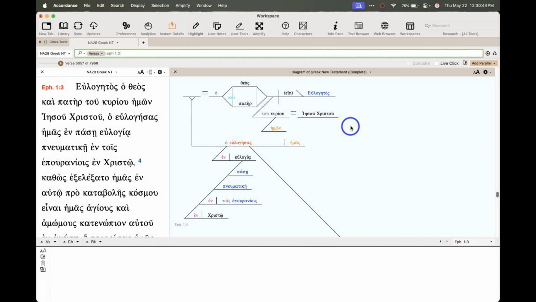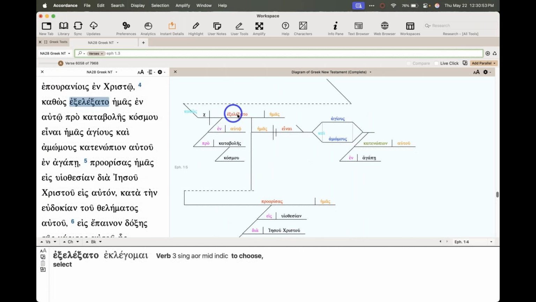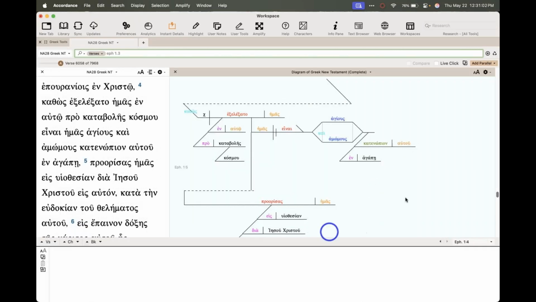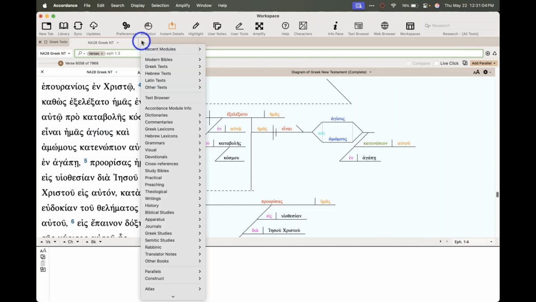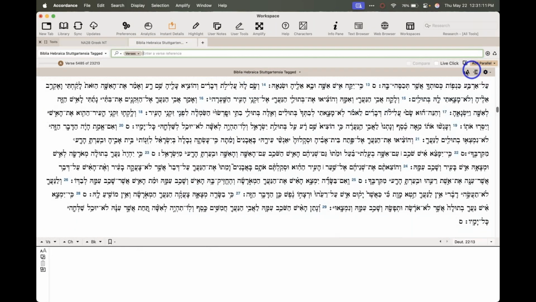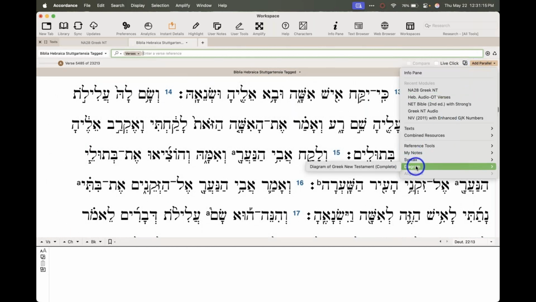read a few verses at a time with some help, but not a lot of help, I might then move to the diagrams and start to do something more atomistic, more bit by bit for deeper study. And in Hebrew, there is not a diagram tool, but there is a syntax tree. So I'm going to open up a Hebrew Bible in this tab here, go to Add Parallel, and instead of